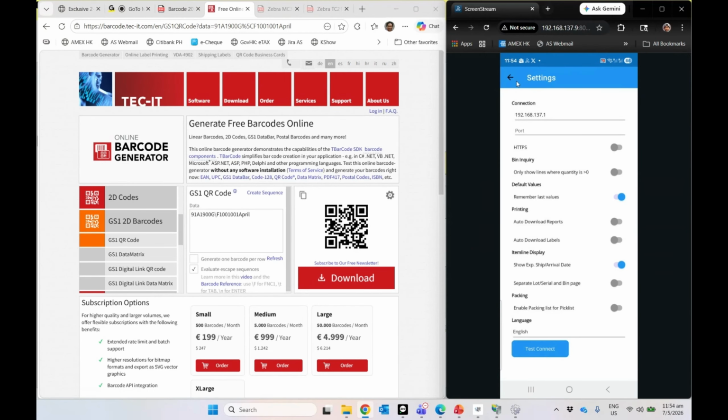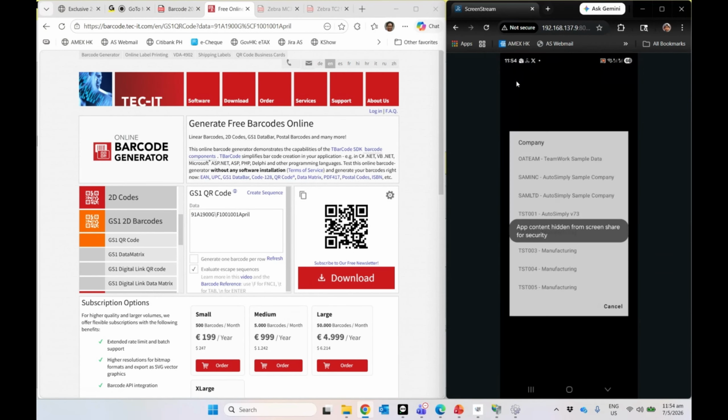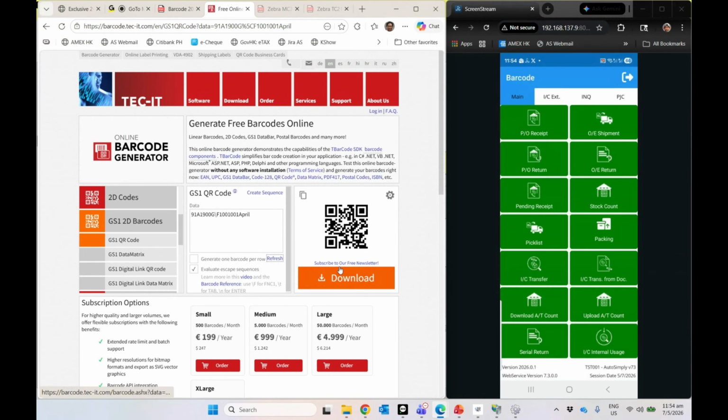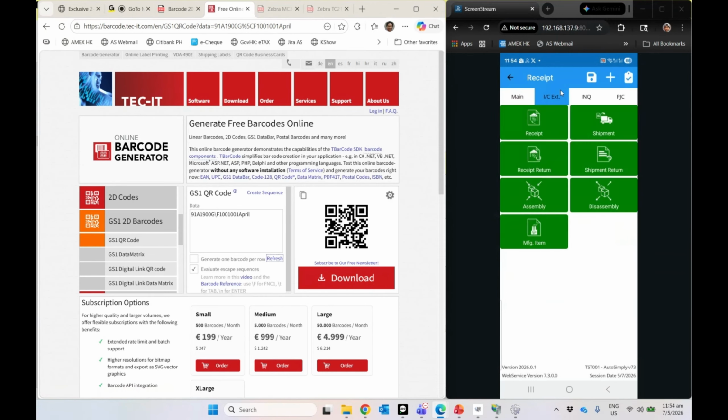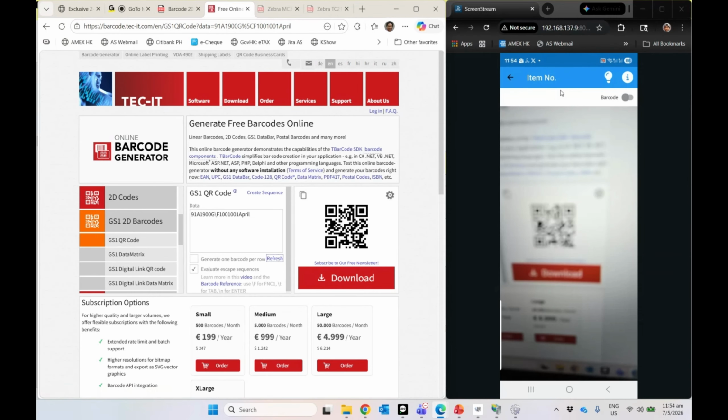And then I want to log in here, user one, test 01, login. So yes, I'm just killing my user on the desktop. And assuming this has already refreshed, I can then try to do, let's say, IC receipt